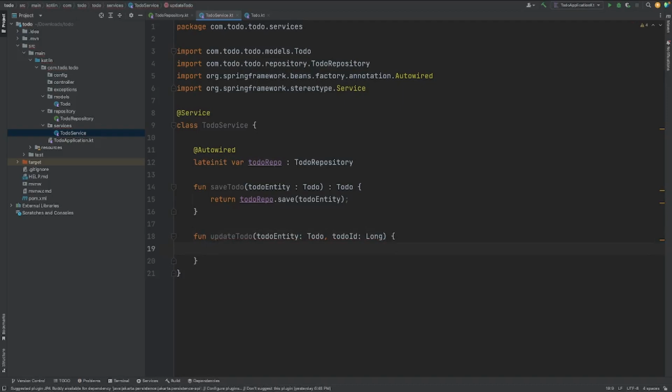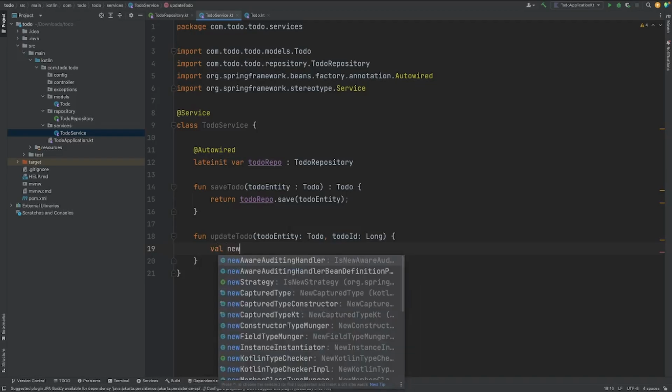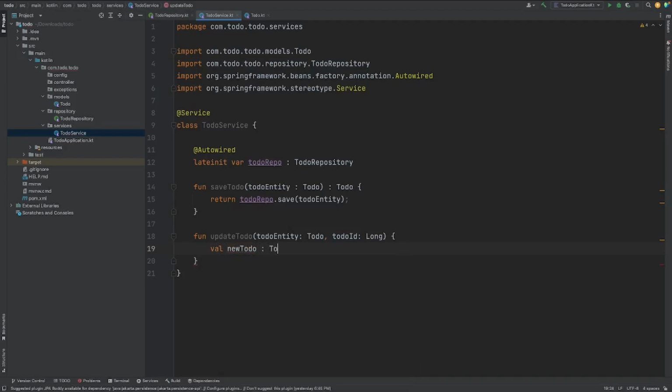So what I'm going to do is get the reference by ID. I'm going to try to check if the database has an instance of that specific to-do using the ID. So we're going to make a quick fetch using the ID, and if it's there, then that's great. That means we can take what was in the database, update it with the new information, and then try to save it again. So that's what we're going to do. I'm going to create a variable, new to-do, and that's going to be of type ToDo. Make that equal to